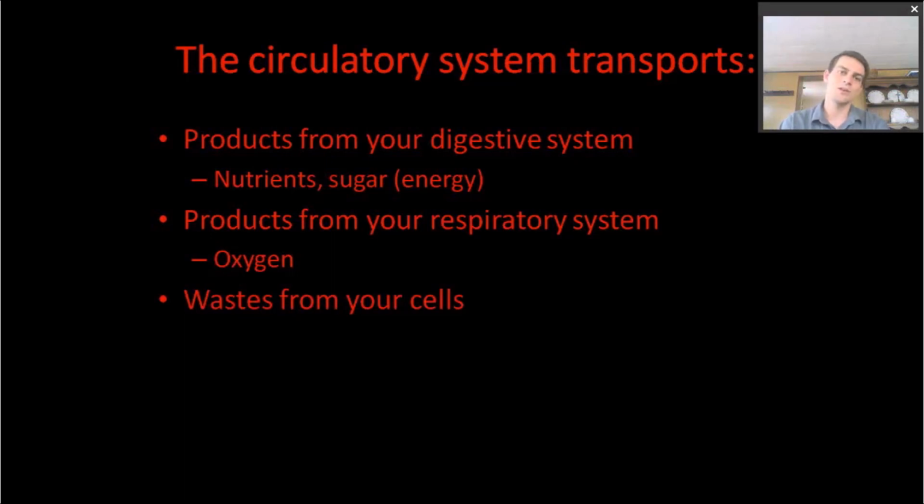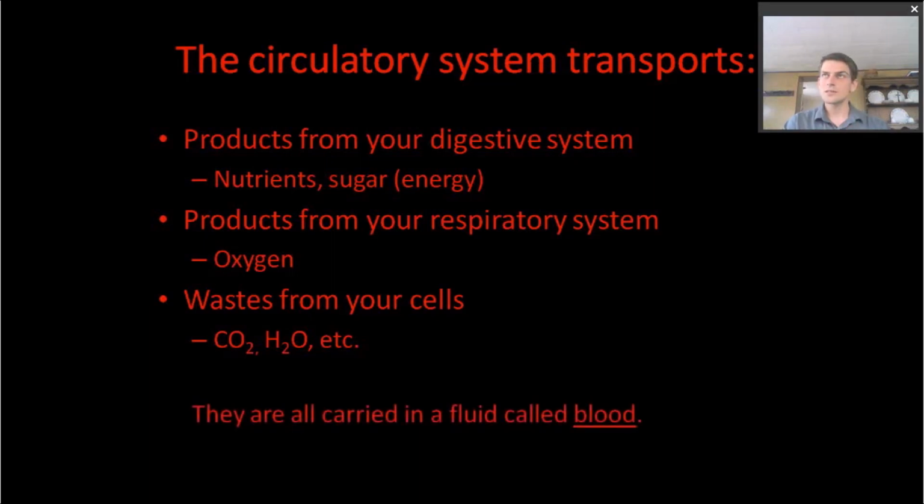So as your cells are using up nutrients and burning the energy, and they're using oxygen to do all that, they're going to be producing waste, and the blood can carry the waste out of the body. So if you remember when we were talking about the urinary system, your kidneys actually filter your blood. So they take some of that waste out, and it goes into your urine then. If you remember also, with the respiratory system, we exhale carbon dioxide and water. That's CO2 and H2O. So that is just kind of dissolved in your blood, and when you exhale it, it comes out, and it's brought to your lungs through your blood.